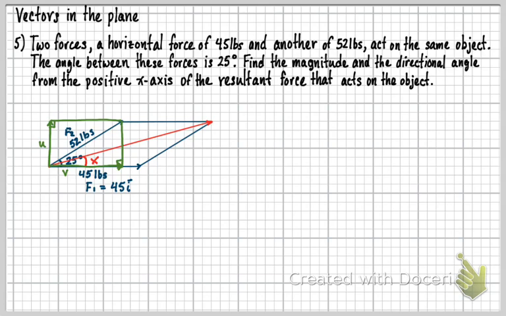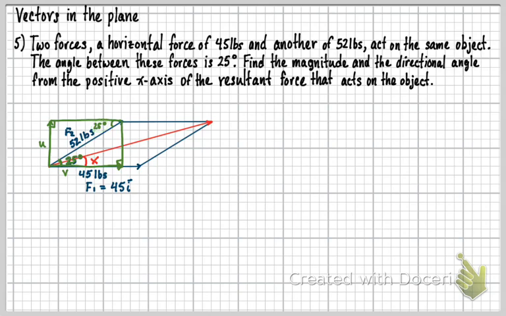Then I could find this vector down here at the bottom, this vector V, and this vector U. I'll need one more thing here. This angle here is 25 degrees, and that also means this angle up here is 25 degrees because they're alternate interior angles. Those are both 25 degrees. Now if I was trying to find U here, using this 25 degrees and the hypotenuse, which is 52